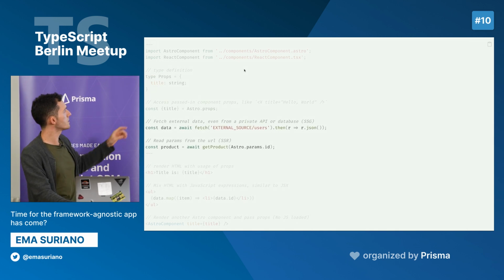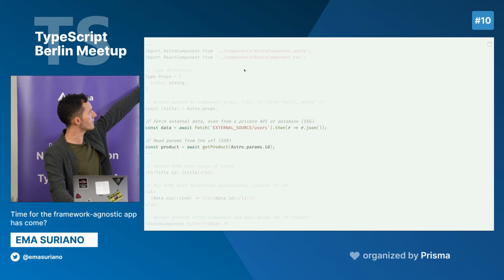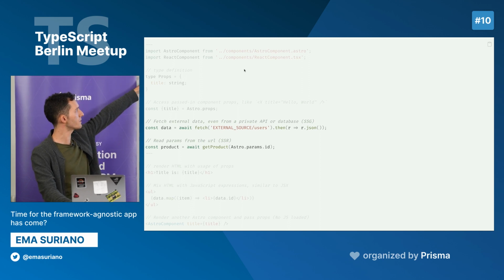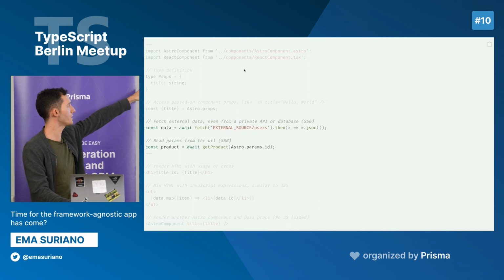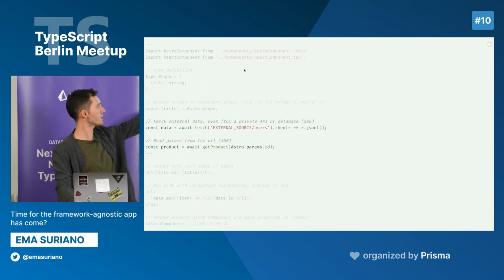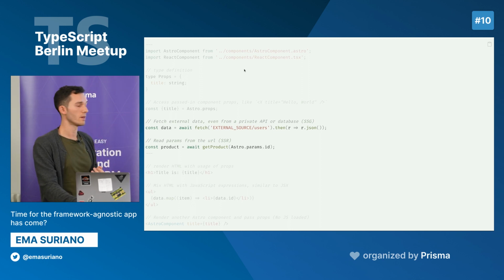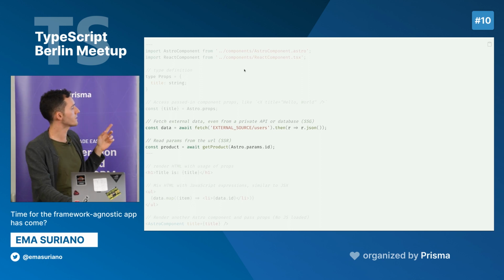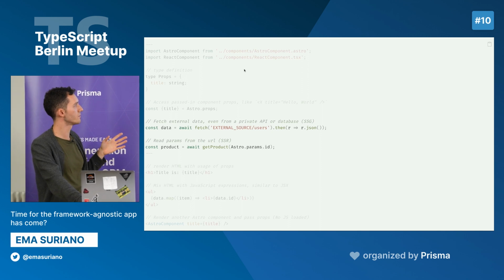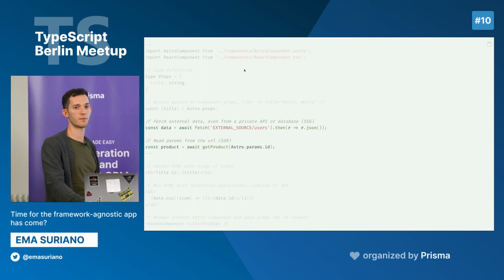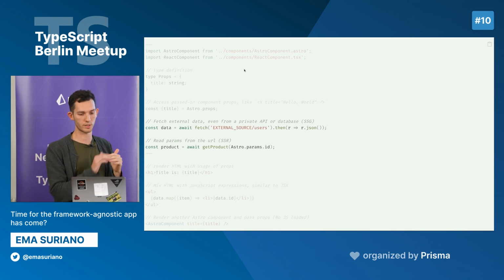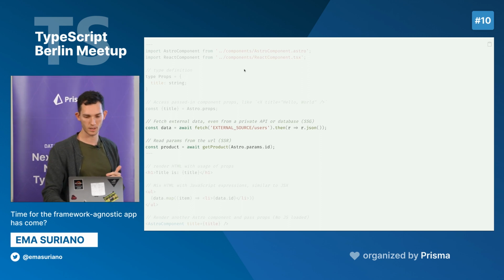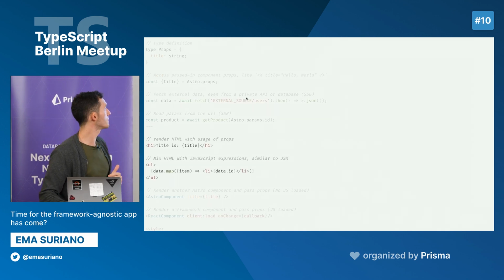Then these are two examples of fetching data. This is going to be for server-side rendering, where we fetch our data using a normal fetch call. And then this is the case where we want to fetch some data using some parameters from the URL. This syntax is similar to what Next is doing, where we have our async await call, and our components will load the data, and then we pass it to the render. And this is going to be our render.